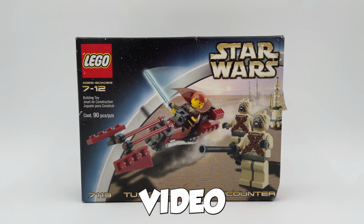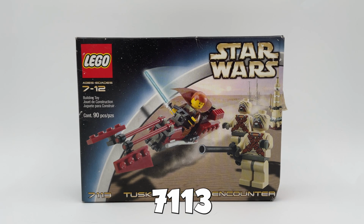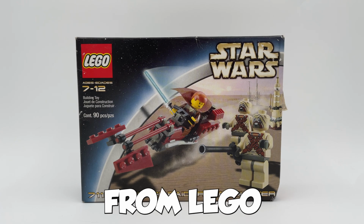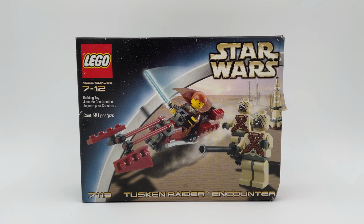In today's video, we're taking a look at set 7113, the Tusken Raider Encounter from Lego Star Wars. This set released in 2002 as part of the Attack of the Clones wave of sets and includes 90 pieces plus 3 minifigures. You can see it is a 2002 set because of that 2002 box art that's on all